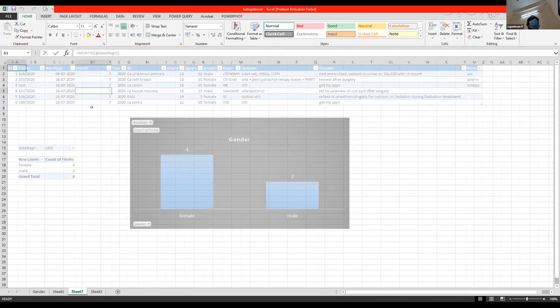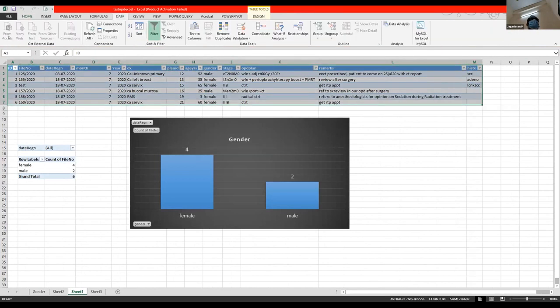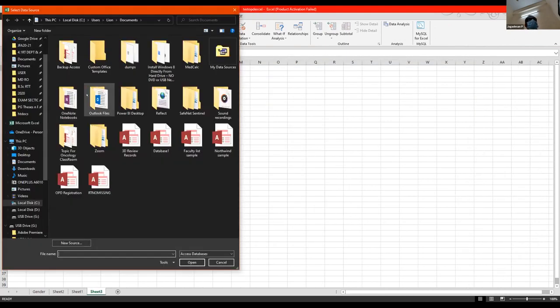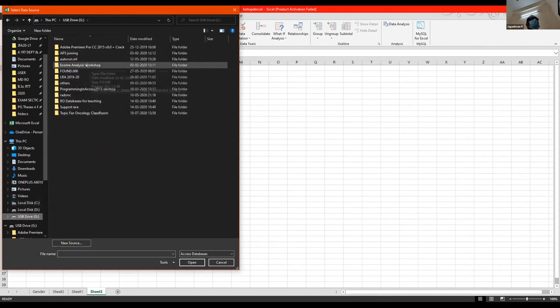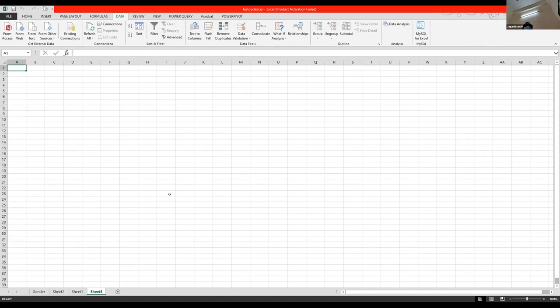So we pull the table over here using the data and get access from above. Let me try in this one again. From Access, go to the folder where I had already created. I had done one test program before this presentation. So I'm selecting the test OPD which I just created and I'm clicking add.